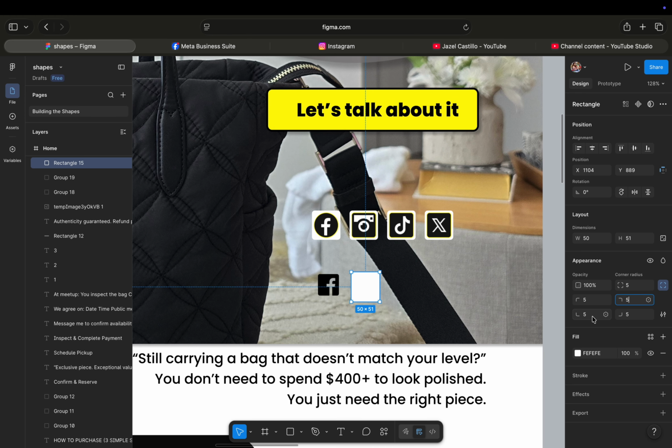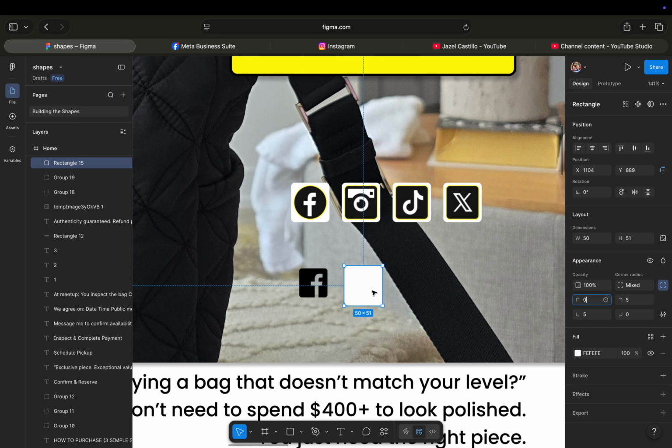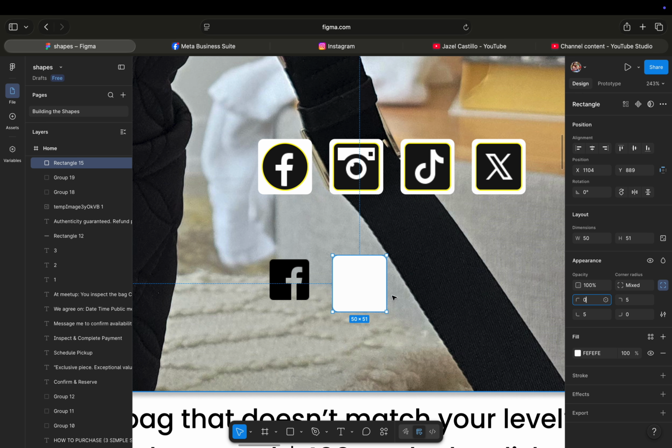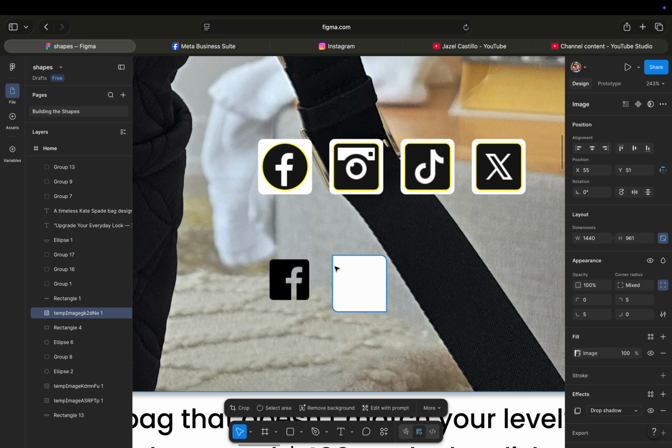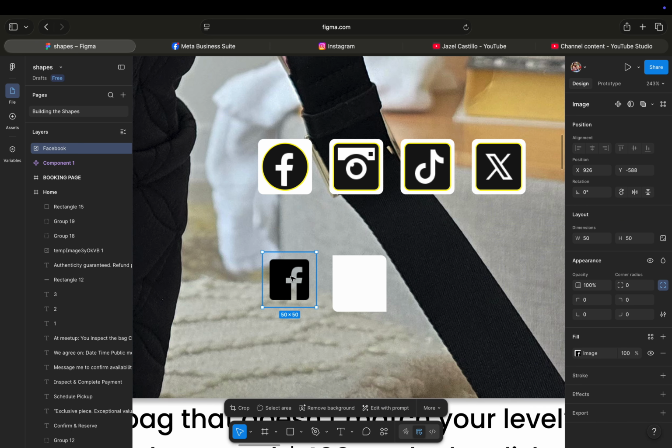If you want specific corners, you can do that too. Go to the design panel, appearance, and then corner radius, and then put the icon, social media icon, at the top of that shape that you made,